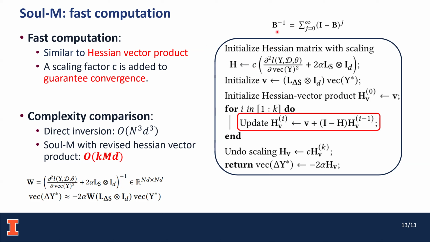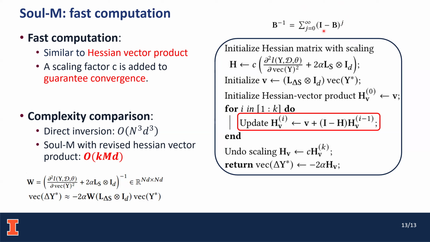So the methodology in the Hessian vector product is that the Taylor expansion of the inverse of the matrix can be expressed as on the upper side here, which is a summation over j equals 0 to infinity, of the identity matrix minus the matrix to the j-th order. And when the